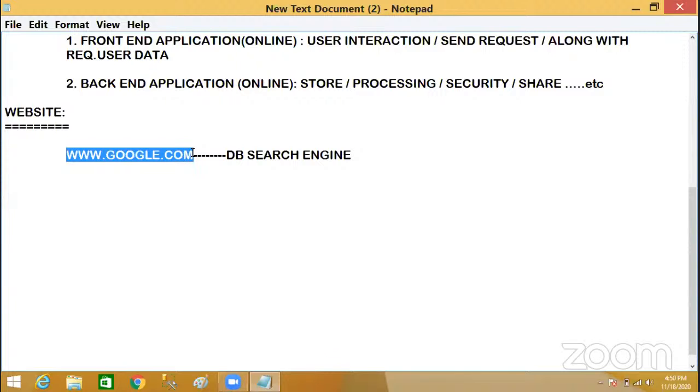But how are you getting the information from Google? How are you searching for information? We are entering a query. Suppose, what is Oracle? If you enter what is Oracle, Google will respond with some information to you. So how does that information come to us? Before information is produced to the users, first that information must be stored. Yes or no, guys? We need to store some information or not?